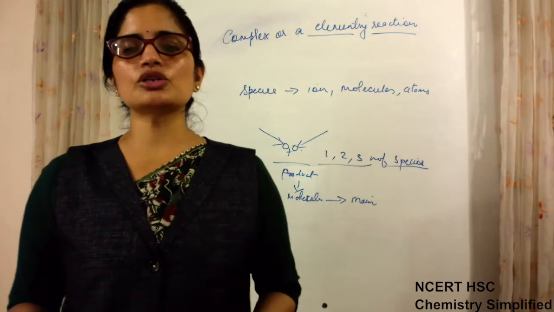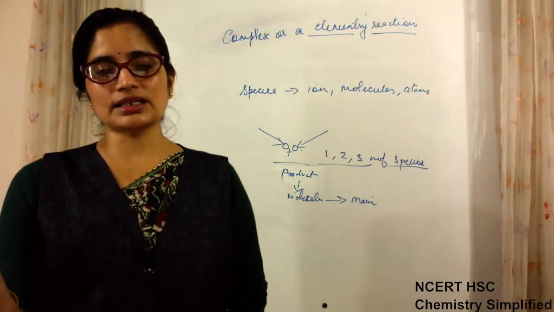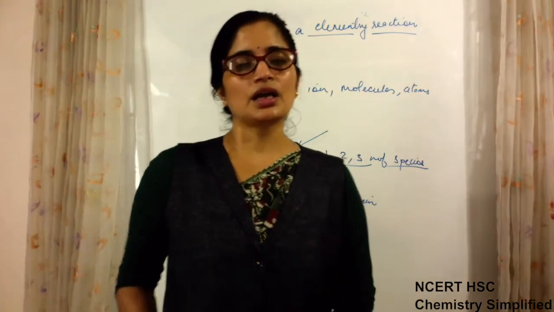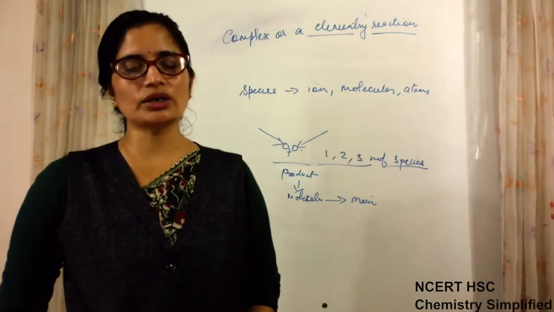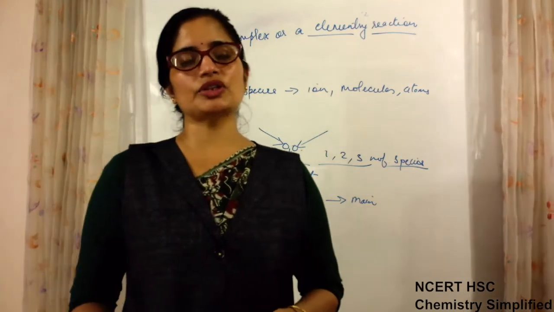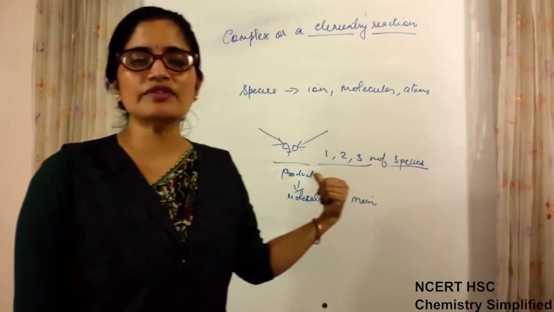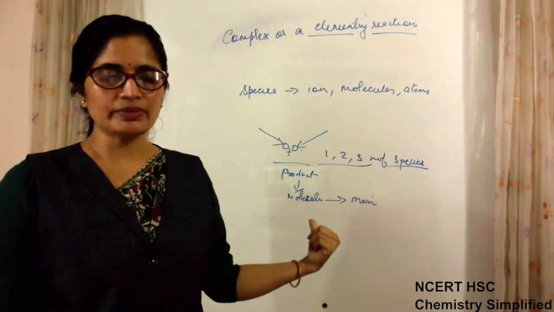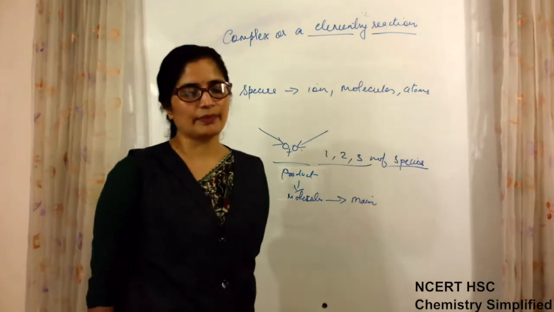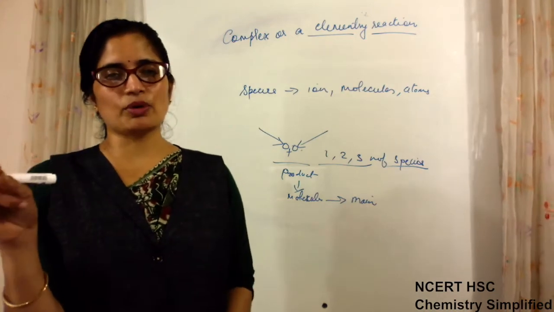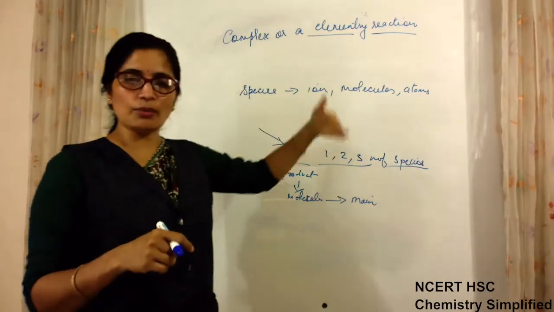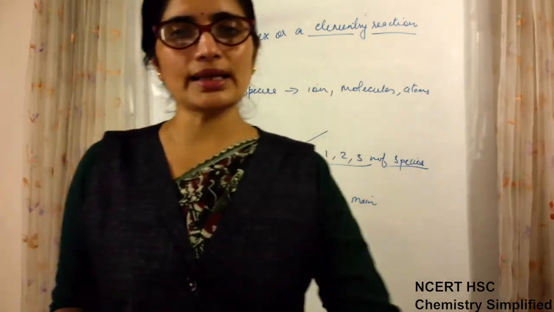In organic chemistry also we see that the mechanism of a reaction is something different from how we write the reaction in a single statement, because that reaction actually has not taken place in one step. It has occurred in many steps, and the overall mechanism of the reaction is different. The same thing we are trying to say here is that most reactions are completed in multiple steps, not in one step, and that one single step which is possible is known as an elementary reaction, and the sum of all the steps is actually a complex reaction.